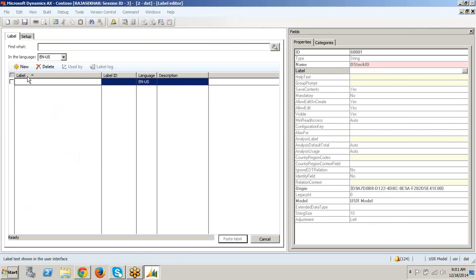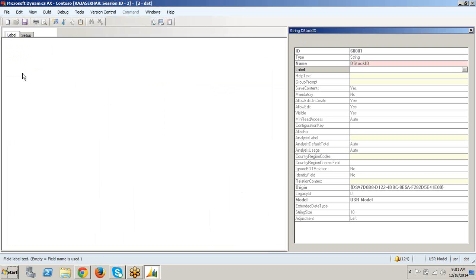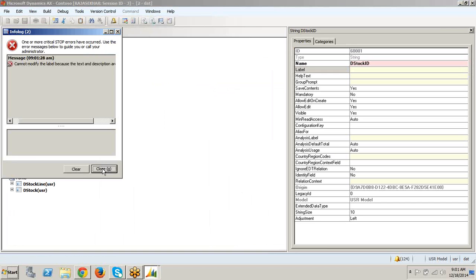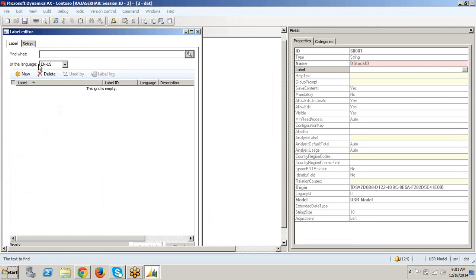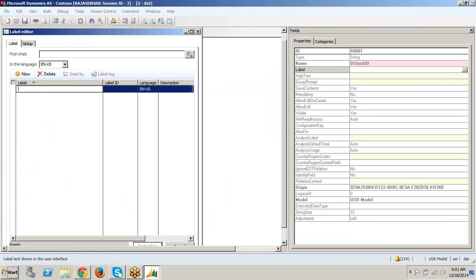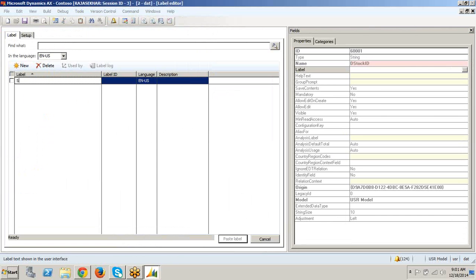For the label, you give it as stock ID, and the description as stock ID. DEC new. I'm giving it like this, stock ID and stock ID.